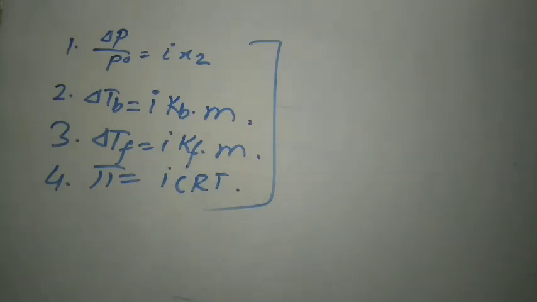If you are instructed in your question to use i, then you must use i in the formula. Otherwise, if i is not mentioned in the question, then just avoid i in the formula. Just write the formula as you learned before. Now, why is there a difference between experimental and theoretical value? This is due to the association and dissociation of the solute when it is dissolved in solvent.